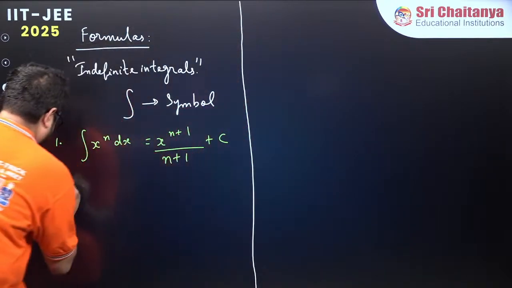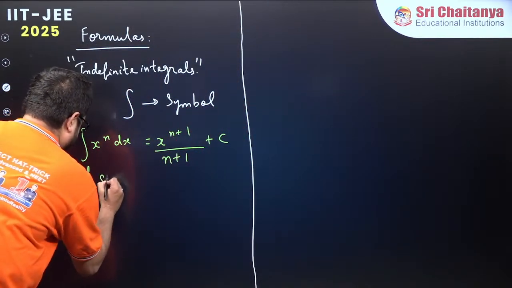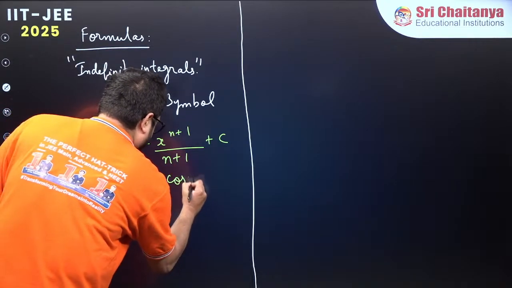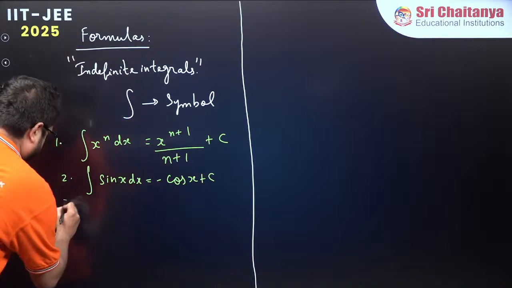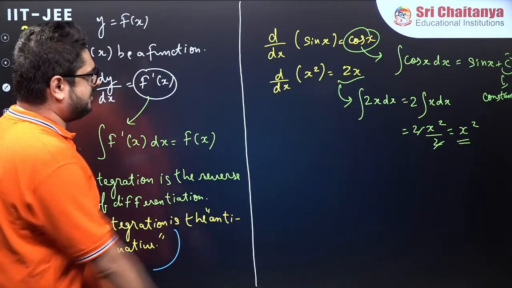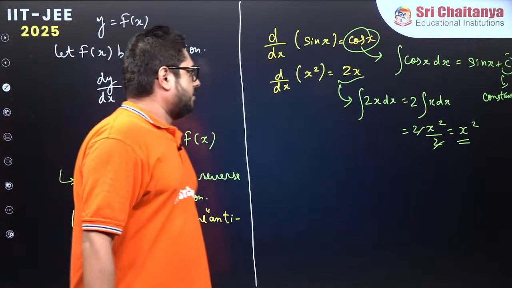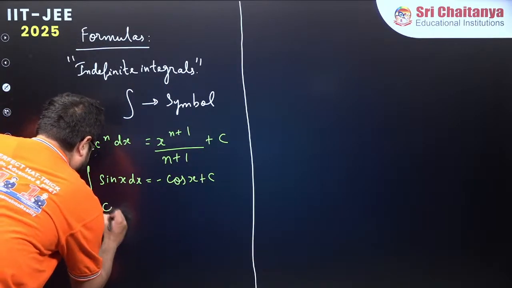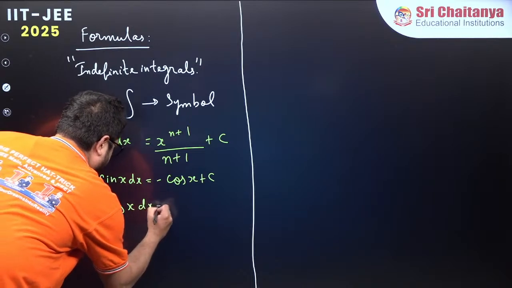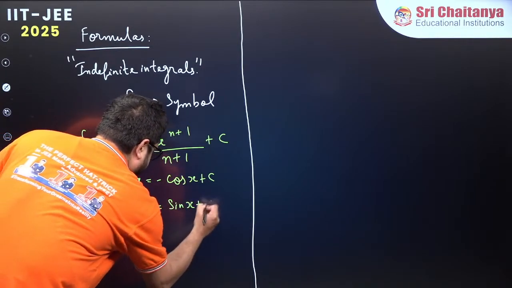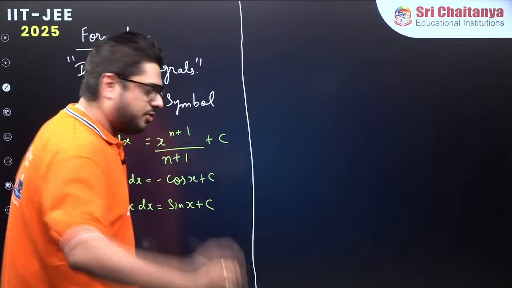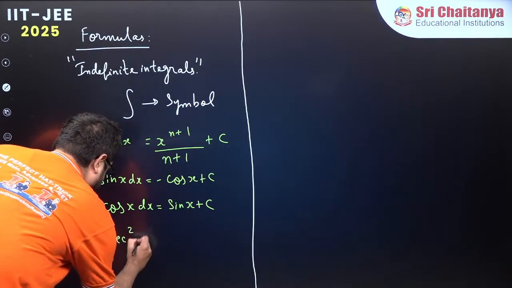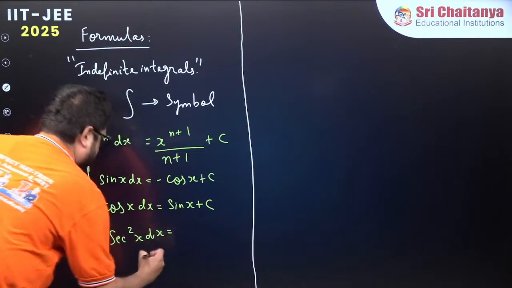Now the next trigonometric function, that is the integration of sine of x dx. That is going to be equivalent to minus cosine of x plus c. Third one, which I have already discussed, is the integral of cosine of x. It has to be sine of x itself, isn't it? So the integration of cosine of x dx is equivalent to sine of x plus c. Number four is the integration of secant square x dx, which is equal to tan of